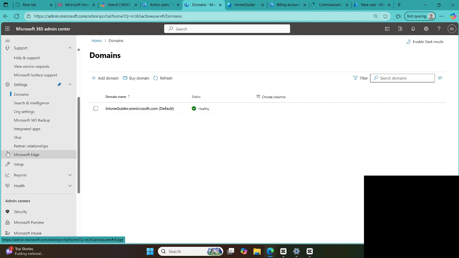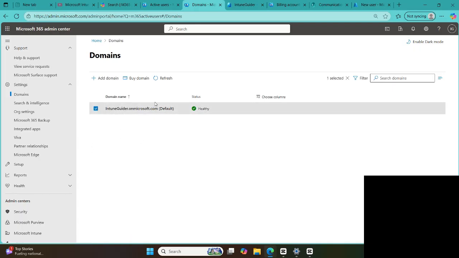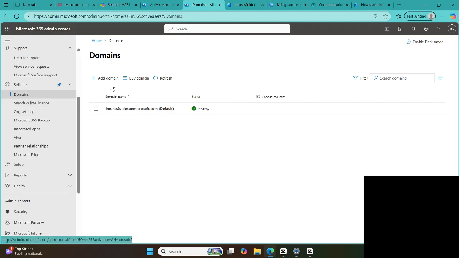You will see the particular domain you have or you are on right now. You can also add custom domains. You need to just validate your TXT and MX records to prove your identity that you own that domain, and you can also change the default domain here. If you have multiple domains, you will have access to change the default domain. So this kind of information you will see here, and also you can buy a domain from the Microsoft service provider as well. Microsoft can give you the domain name within Microsoft rather than going to GoDaddy or any other provider. Okay,